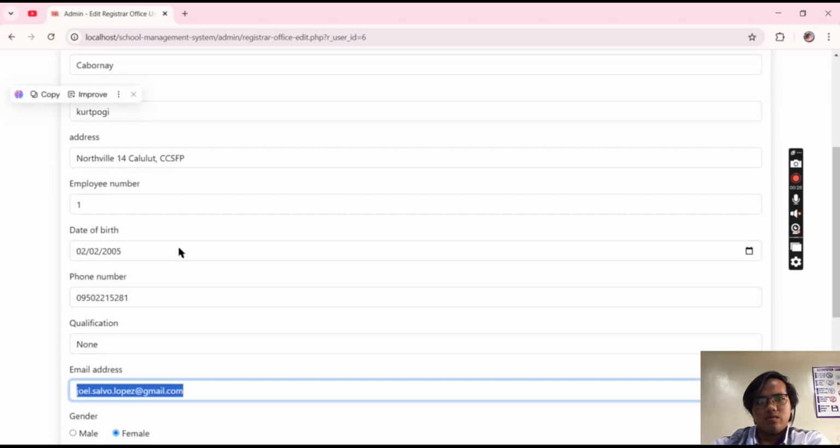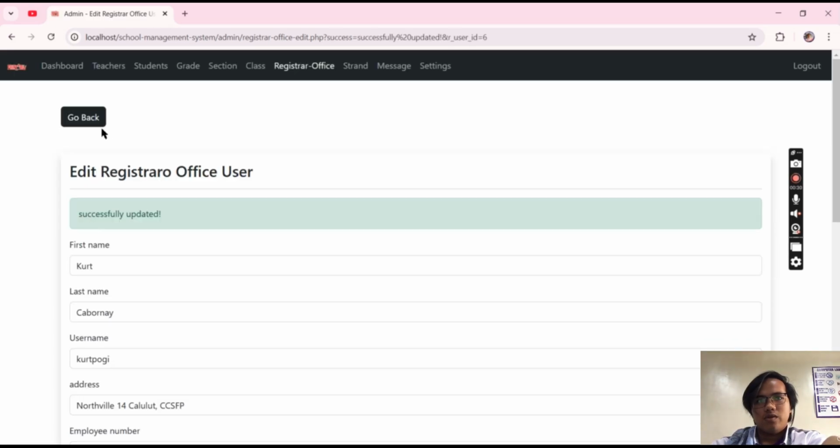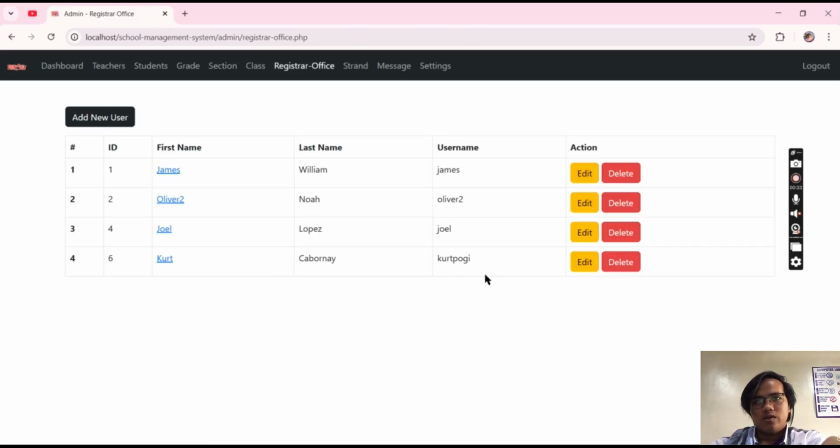Same, no need to modify. Main update. So as you can see, the Redden first name is modified to Kurt. Last name as well, and for the username.